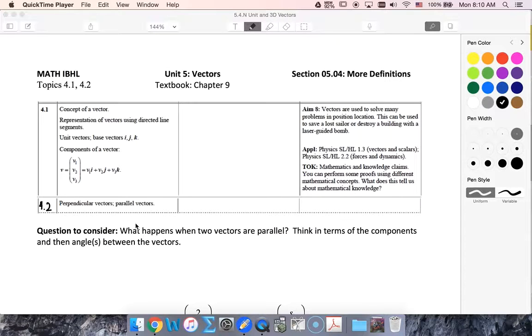Hi students, in these videos we're going to look more carefully at parallel vectors and unit vectors. Unit vectors are part of 4.1, parallel vectors are 4.2. So let's think about two vectors being parallel, both in terms of the components and the angles in between the